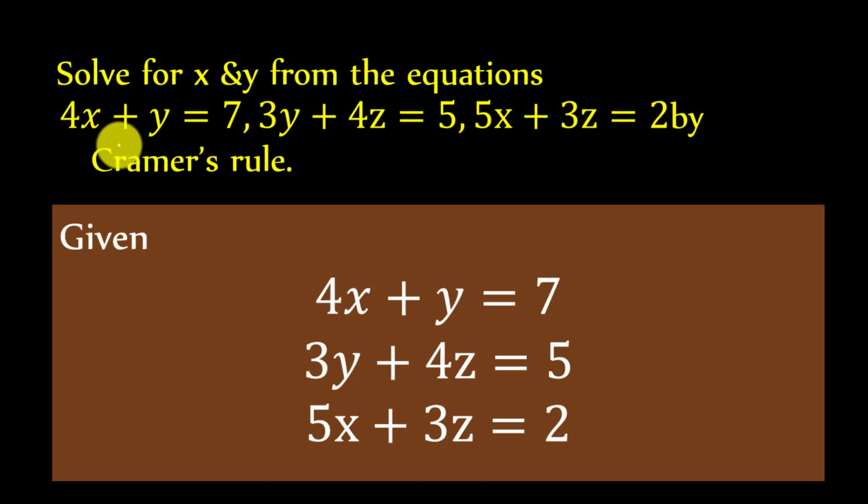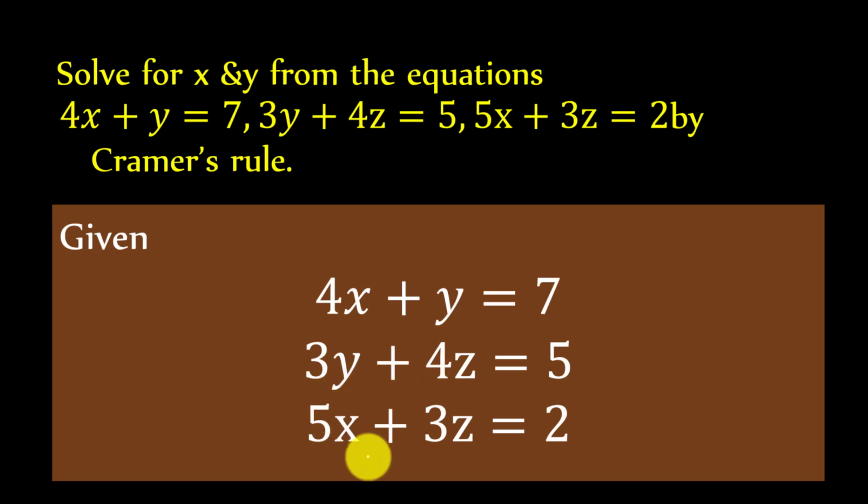In this one you have to observe, this is a 3 into 3 matrix. Actually in each expression one variable is missing. If you observe the first one, there is no z. In the second one, there is no y. In the third one, there is no y coefficient. So this is what they have given, a little bit twisted problem. It is very simple how to find that one.